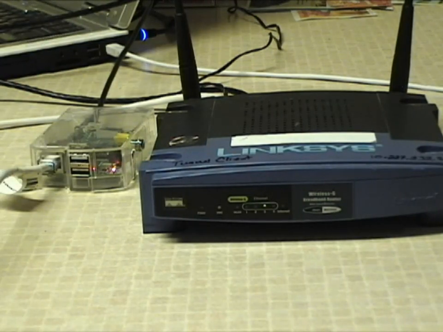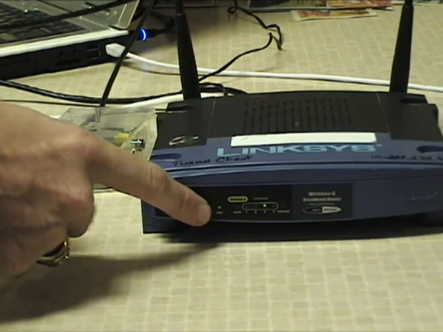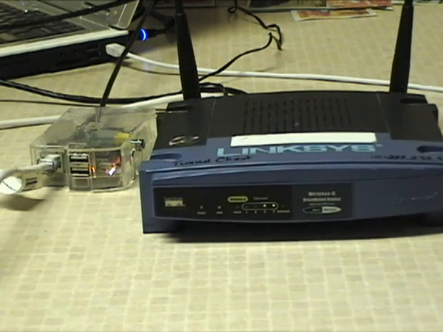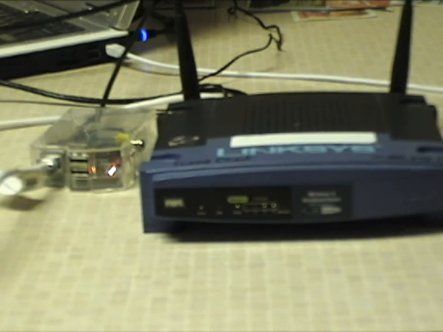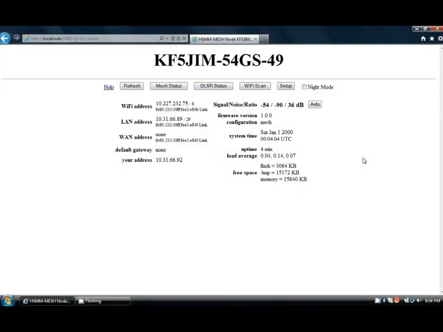Now what we're interested in seeing is the DMZ light right here to go from green to being off. When it is turned off, we know that we are now ready to go into the Broadband-Hamnet node setup menu to go ahead and further configure the Raspberry Pi onto the Broadband-Hamnet network. So with that DMZ light off, let's go ahead and point it to